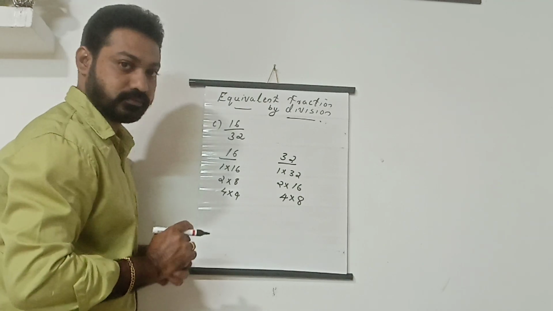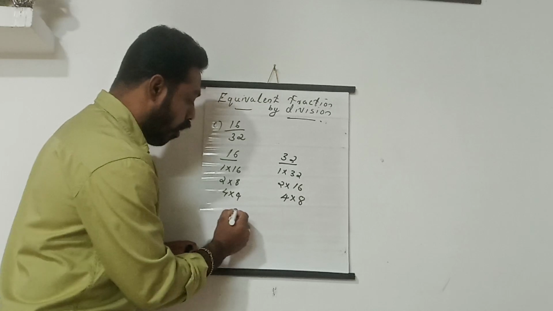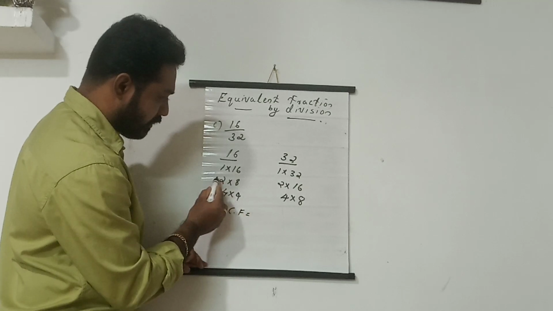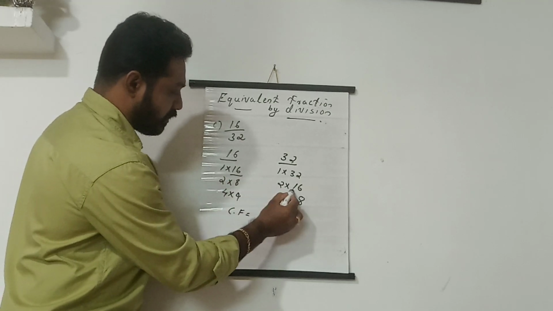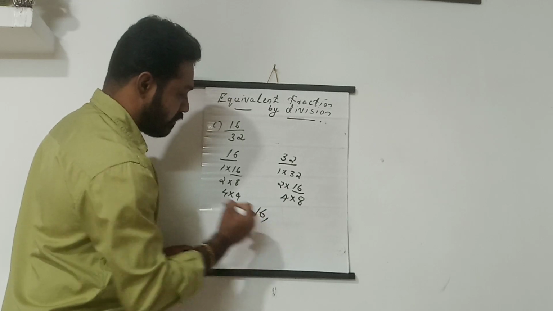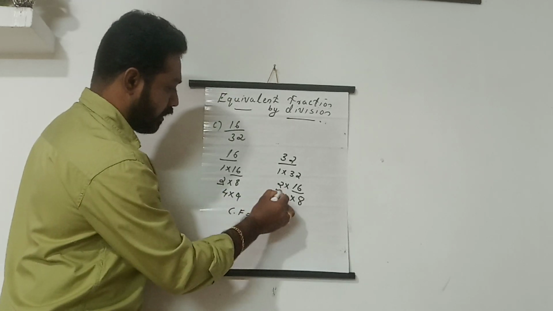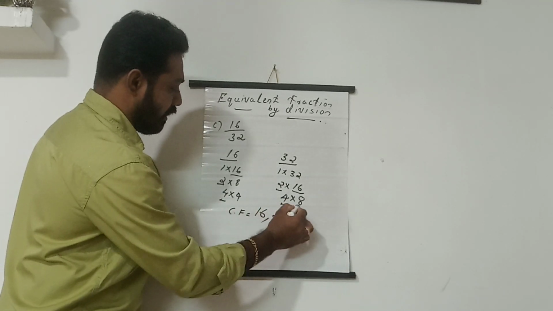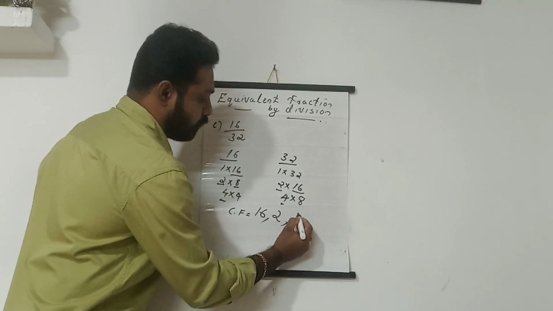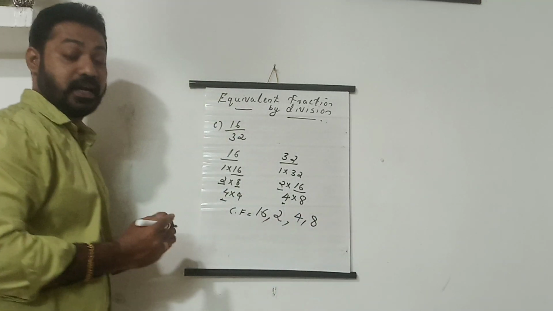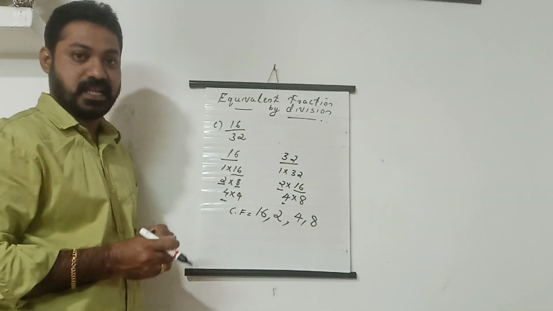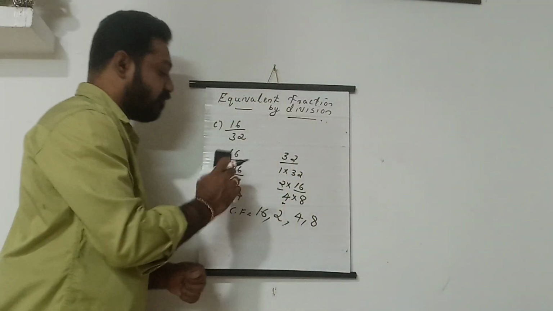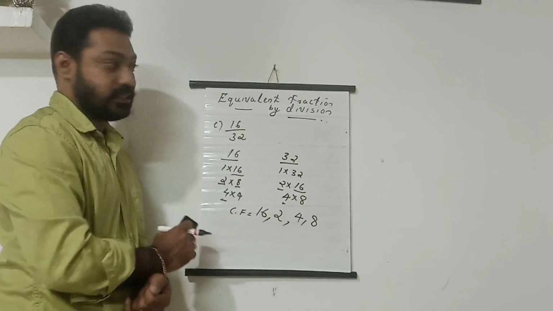Here we have to find the common factors. What are the common factors of 16 and 32? Which common factors can you see? 16 is a common factor, isn't it? Both have 16. Then 2 is on both sides, so 2 is a common factor. Now 4 is there and 8 is there, isn't it? We have already studied how we make common factors. This is the thing we needed. We have to find the common factors of the numbers 16 and 32.